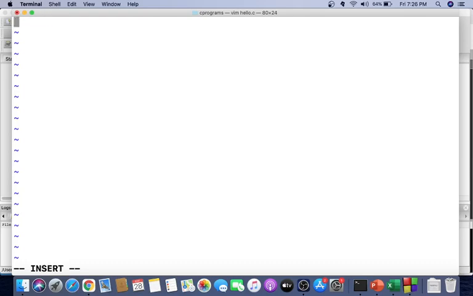So I'll simply type the same program here: hash include within angle brackets stdio.h. This is a header file I have to include. Since I am going to use the printf statement, I have to include this stdio.h. Then in the next line, I am going to type the main function, and after that an opening brace should be there. Then in the next line, I am going to type printf,